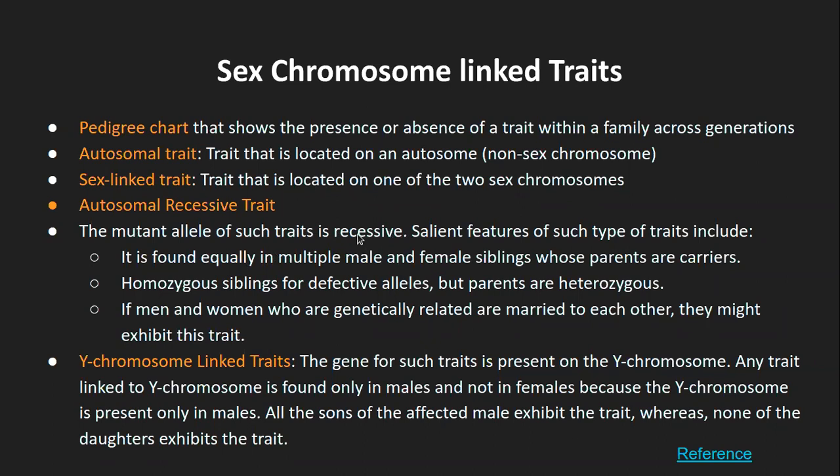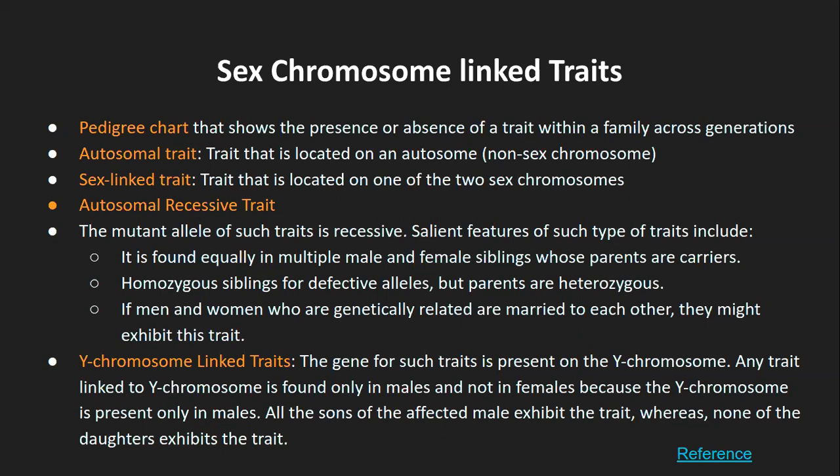For example, let's say I have a gene for blue color of the eye and for brown color of the eye, and let's say I have blue eyes, right? So brown is my recessive trait or recessive allele. We are assuming that this eye color is an autosomal trait. So if the brown color is the recessive one, this brown becomes an autosomal recessive trait.